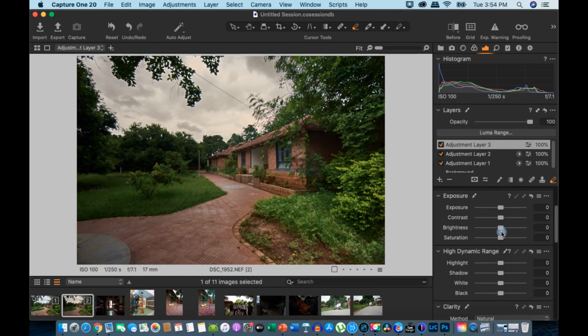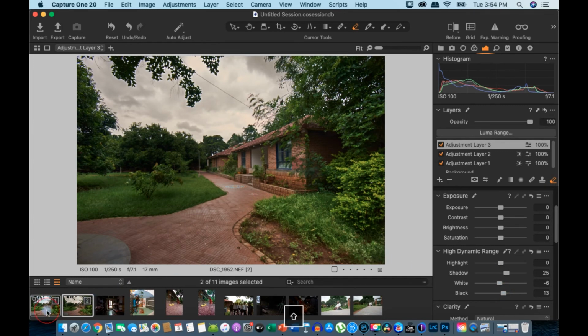Hide the mask and again same process, lift up the shadows just a bit, pull up the black just a bit, and this is how you can keep going on and on until you feel that you have achieved the result you want.